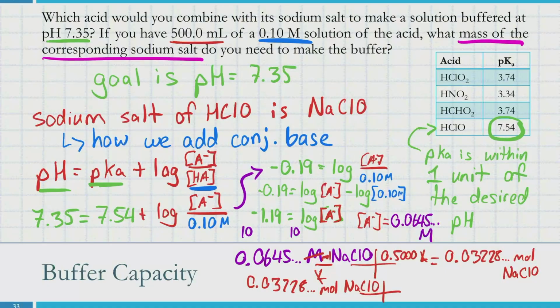Let me calculate that. So our molar mass should be 74.439-ish grams per mole. I'm doing this real quick because I just assume that you can do it at this point. So 2.40 grams